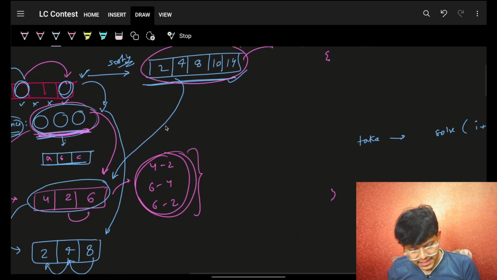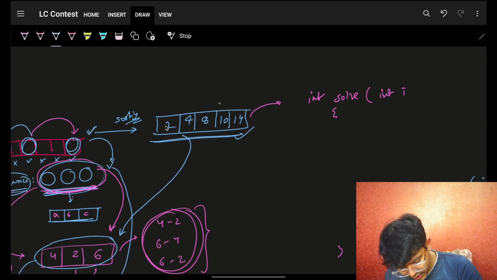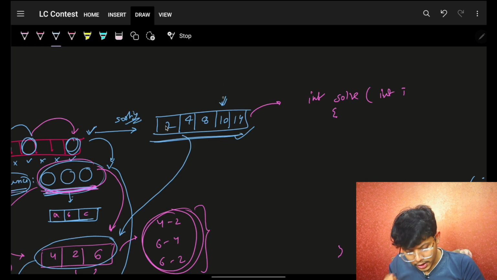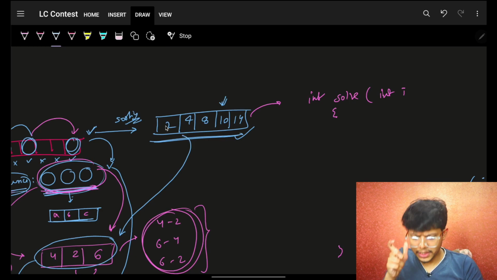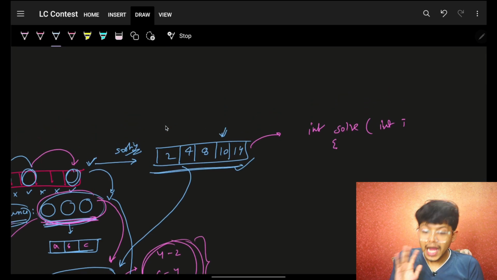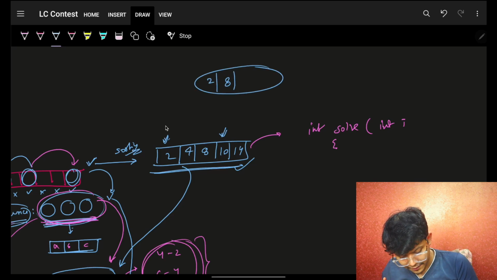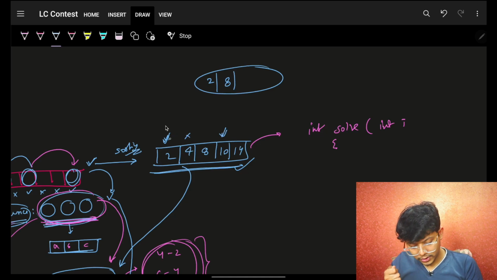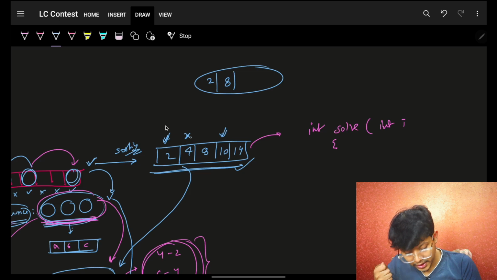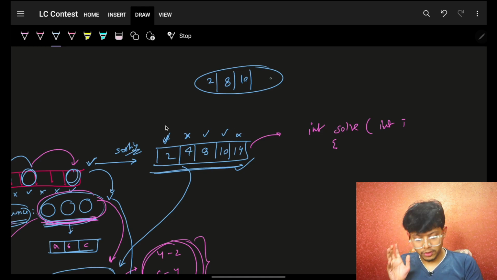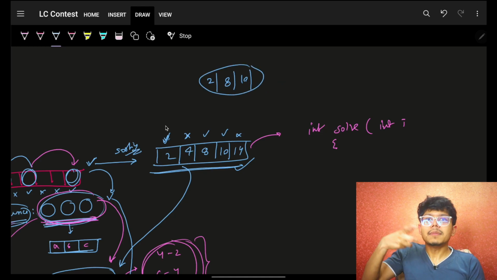See, if you take some element, what will happen? You need to find what? Again, you can take, Aryan. What I will do is I will make a vector. All the elements I am taking, I will put in that vector. Let's say if I took a 2, I'll put that in my vector. If I did not take a 4, I will not put it. If I take an 8, I'll put it. If I take a 10, I'll put it. If I did not take a 14, I will not put it. So this will be a vector. And ultimately in the super end,